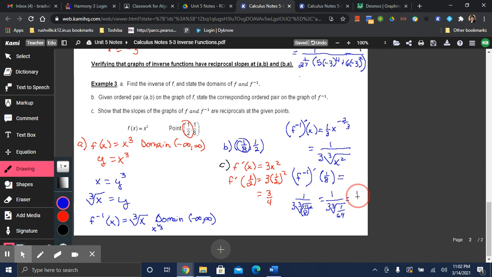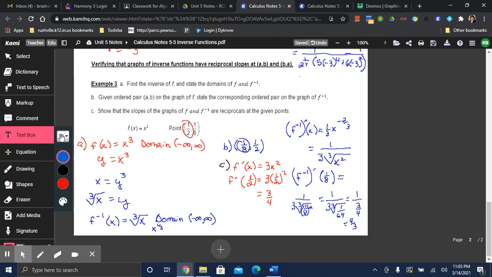So this is really 1 over 3 times 1/4, or 4/3. Well, those are reciprocals. We would probably write it as 4/3. So these two slopes, because remember your derivative is your slope,